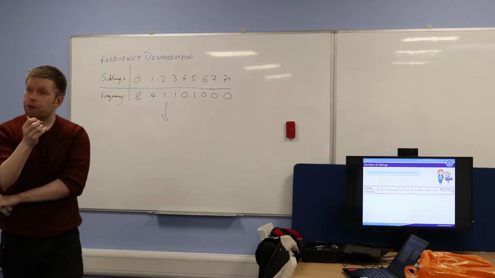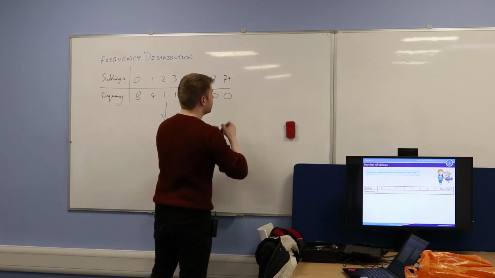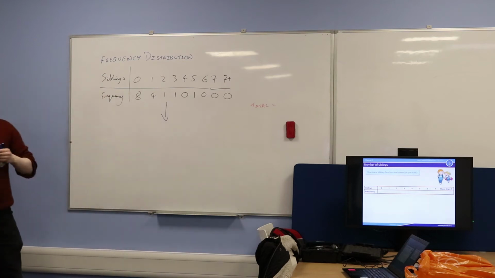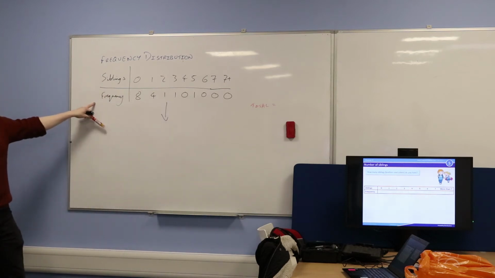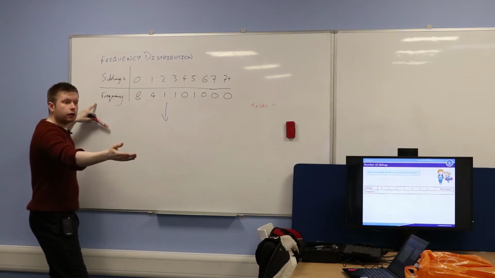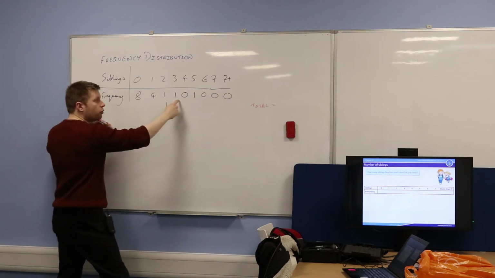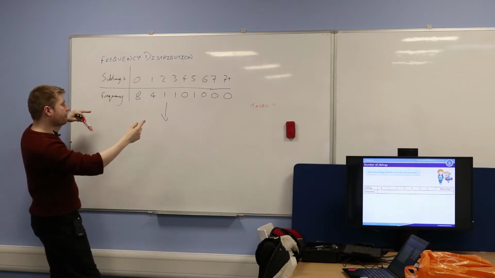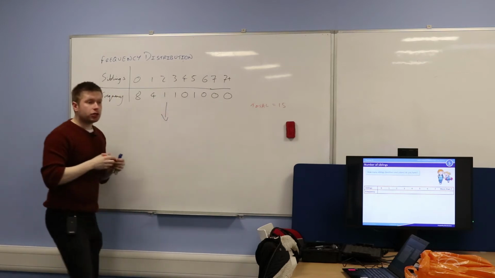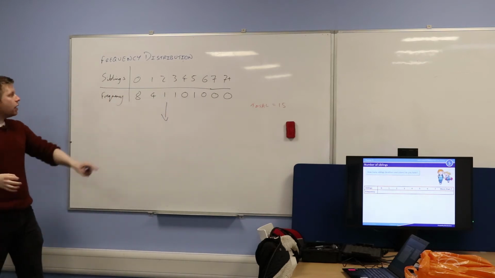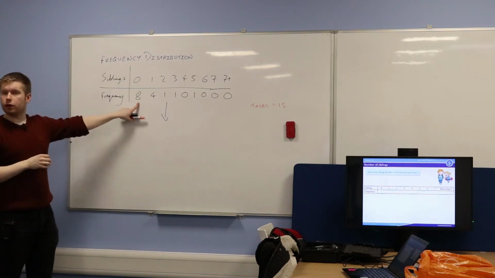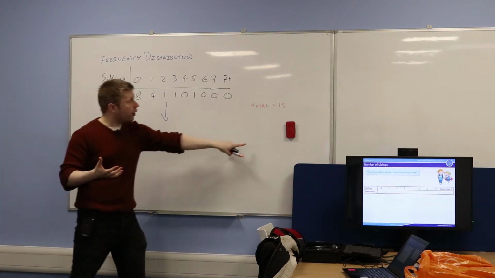Okay, so you need to think first of all about the total number of people we've got in the class. So what's the total number of people that we've got in the class? How could you work that out from this table? How do you get that? You literally just add all the frequencies together. Yeah, so is that 15? Yeah, good. And then all you need to do to work out the probability that you select somebody with no siblings is to take the number of people with no siblings, which is 8, and divide it by the total,